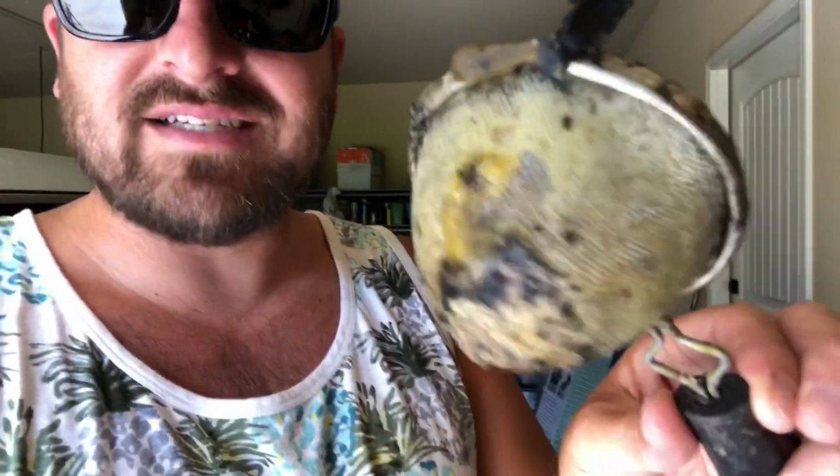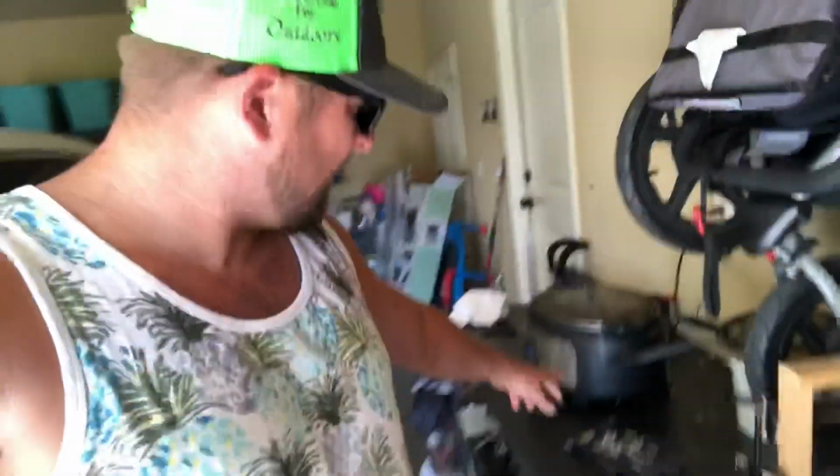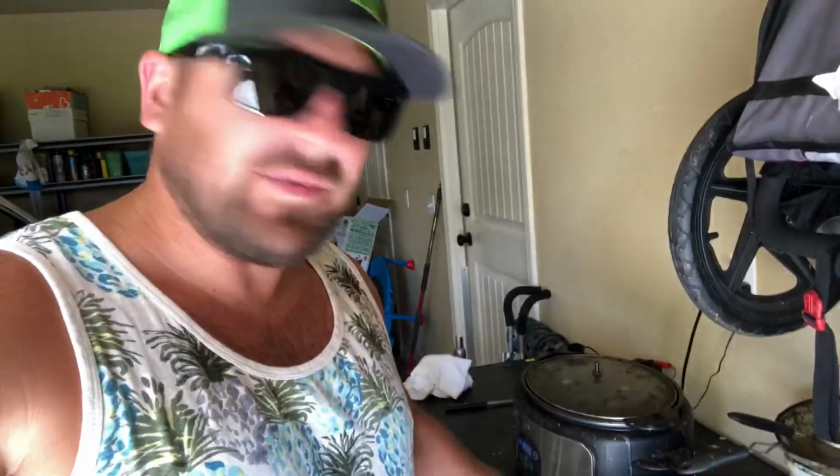I bought this for like really cheap at Walmart. And then I got one that's a little finer strainer, and this one does not work very well. I rarely use it. I'll maybe skim the top sometimes. You see I'm wasting a lot of wax because it just doesn't quite get through there fast enough, and it cools off too quick. But you're gonna go in, fill this up with some water, then you're gonna put your comb in there and let the comb melt down,